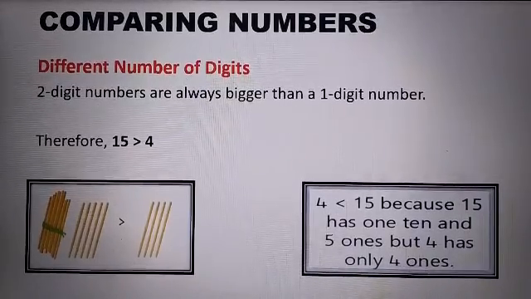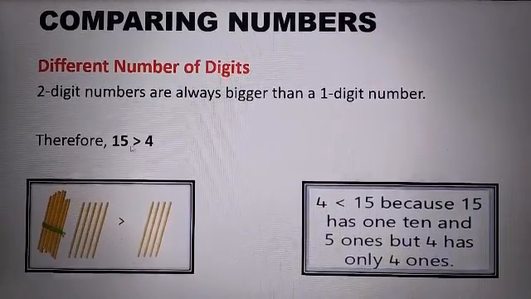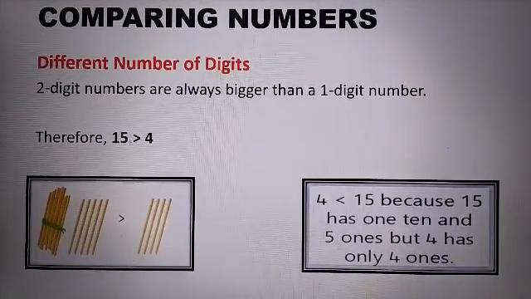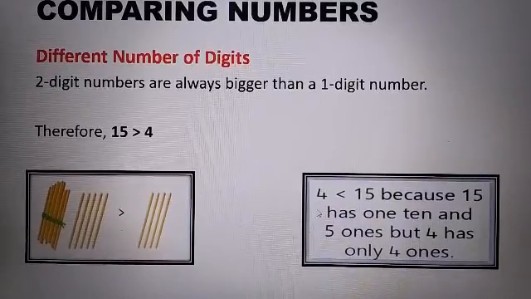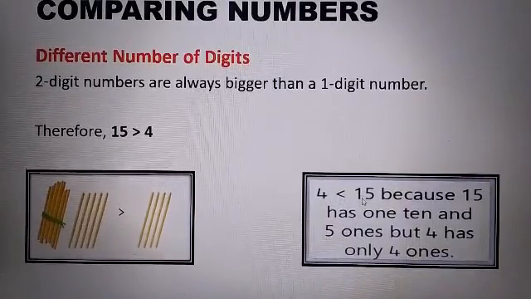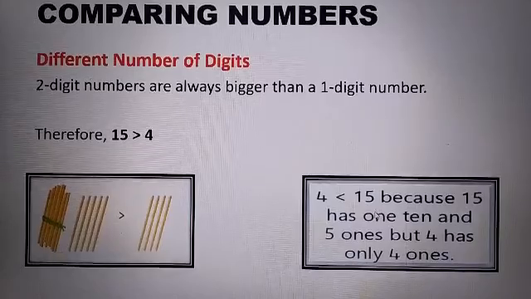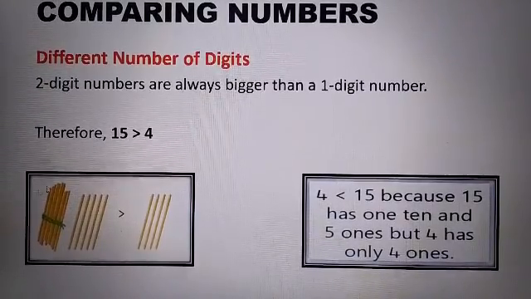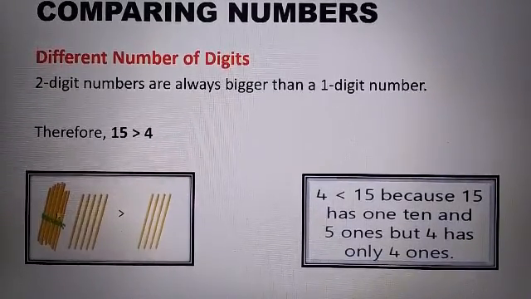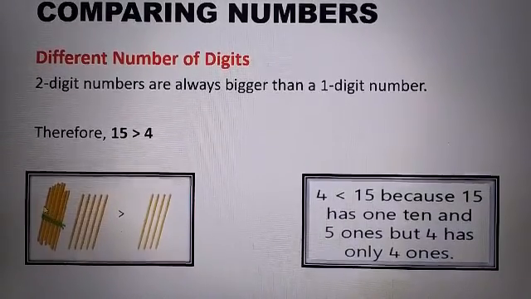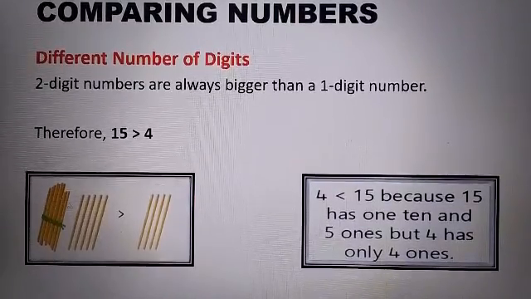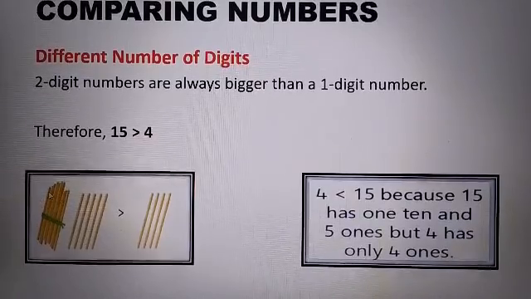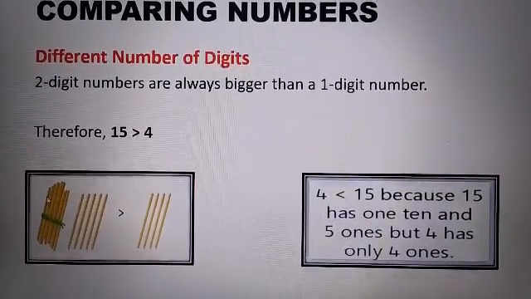Right? Now, let us see the next example, that is 15 and 4. Here the number 15 is bigger than number 4. Why? Let us see why. 4 is smaller than 15 because 15 has 1 ten. As we all know, this bunch, whatever bunch is there, consists of 10 sticks. If it is a bunch of grapes, it would contain 10 grapes. But it is a stick, so it is having 10 sticks. So it is 1 ten. So 15 has how many tens?